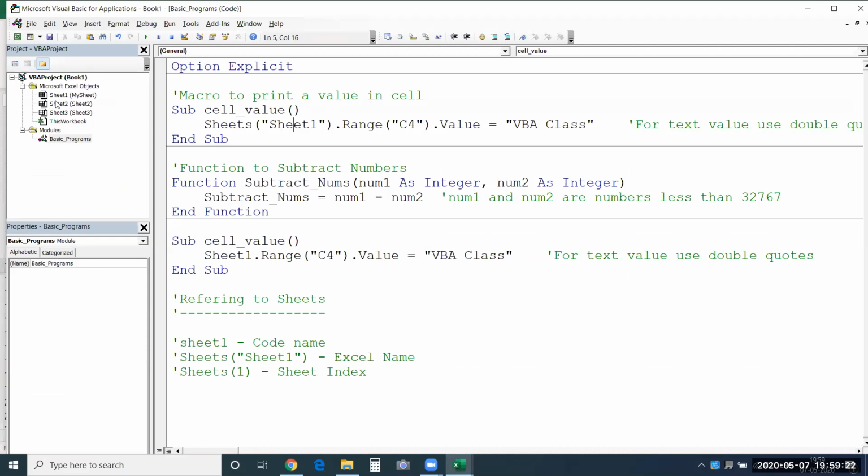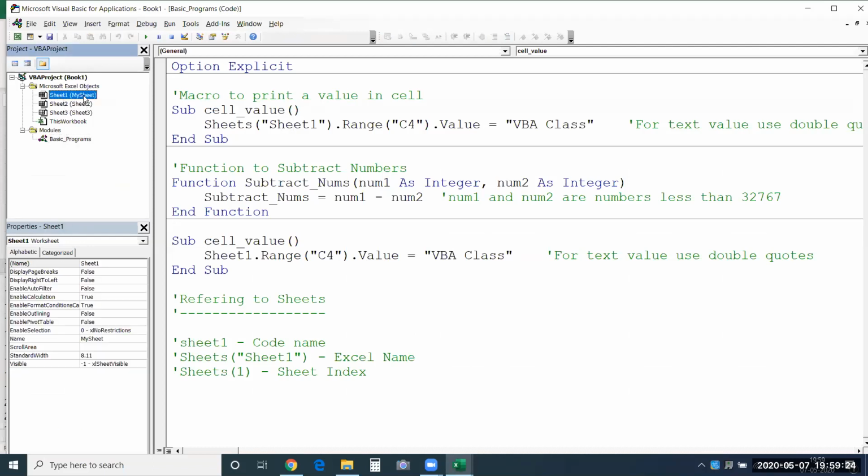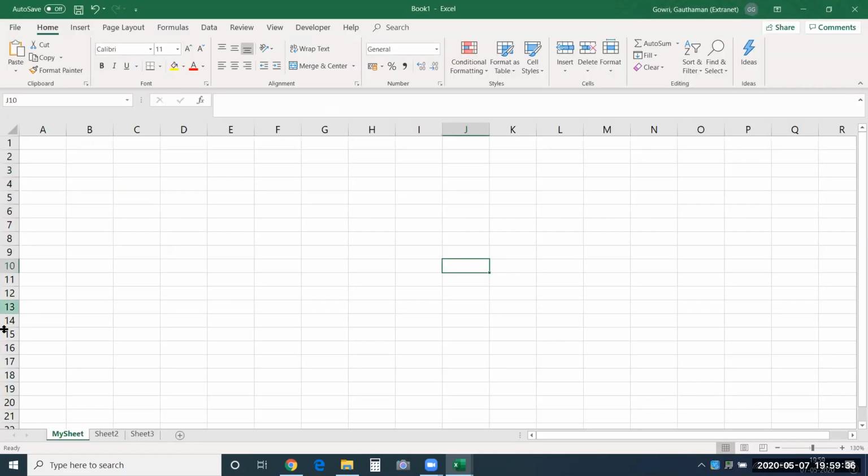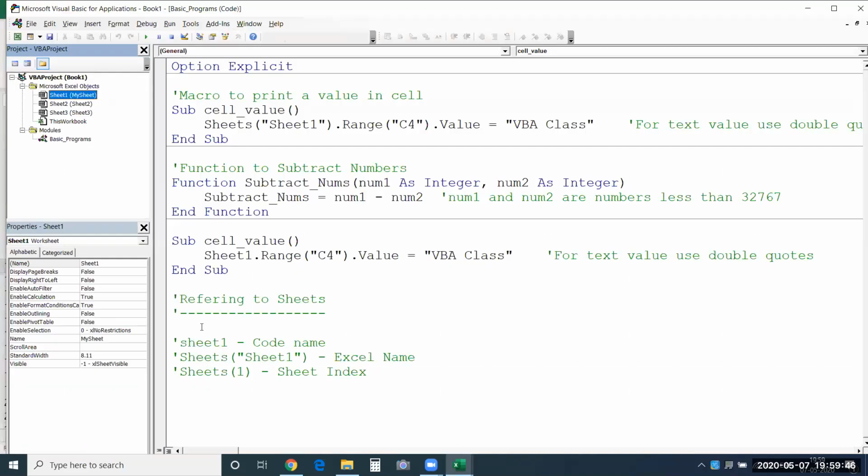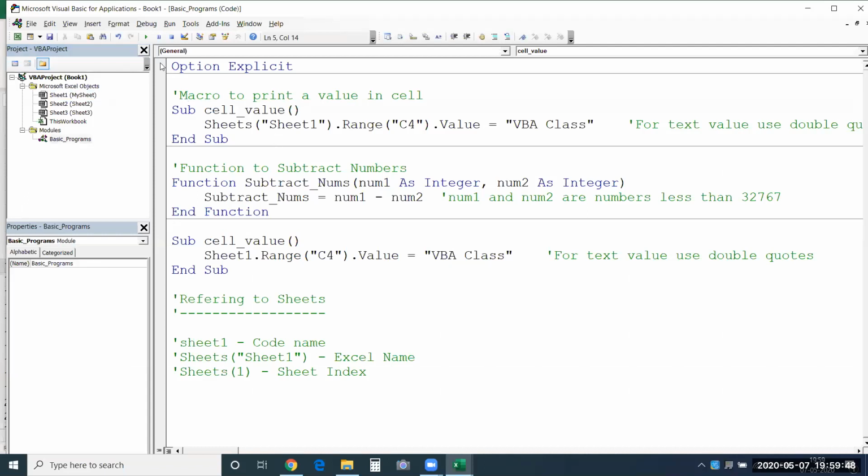And you observe here also, the Sheet 1 that was mentioned inside the brackets has changed to my sheet. See, the name which is given within brackets is your Excel name. Anyone can come and change the Excel name right from your workbook. So anyone can change the sheet name, and this is going to affect your macros. How? Let me show you. If I run this now,